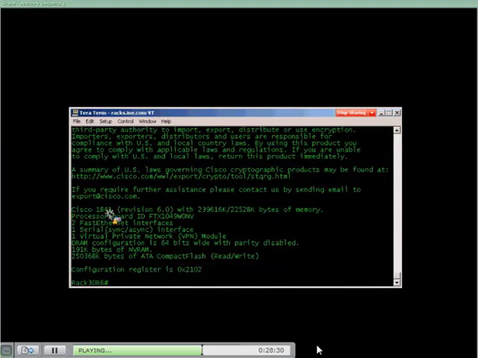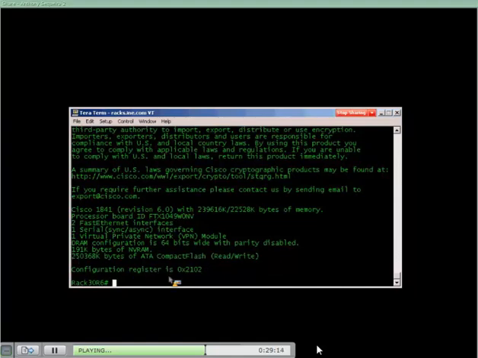And then down at the end of the output, it reminds us that we're on an 1841. Revision of the hardware is 6.0. It tells us how much memory we have, both non-volatile memory and volatile RAM memory. And then it gives us information about our processor board and our physical interfaces. This particular device has 2 Fast Ethernet interfaces, 1 serial interface, 1 VPN module inserted, and again, it gives us information on the dynamic RAM and the non-volatile RAM, and it gives us information on the flash,